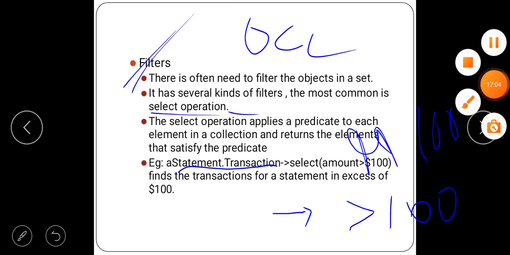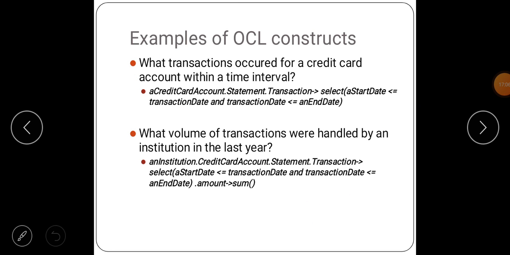Okay, in the next class I am going to give an example for OCL constructs.